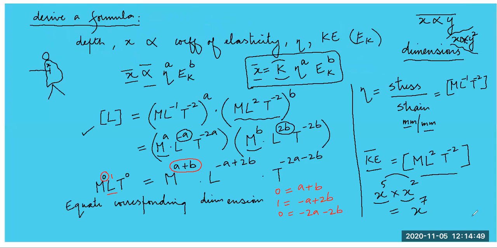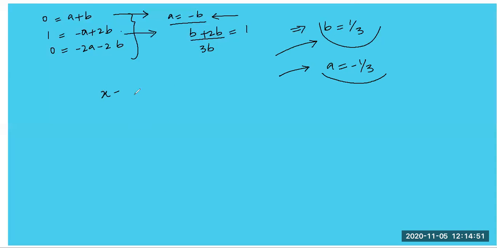X is equal to dimensionless constant, eta raised to power A, then kinetic energy raised to power B. So X, that is depth of cut, you can say not cut, but you can say depth of penetration. That's a better word. How much the bullet will penetrate in the body would be equal to,